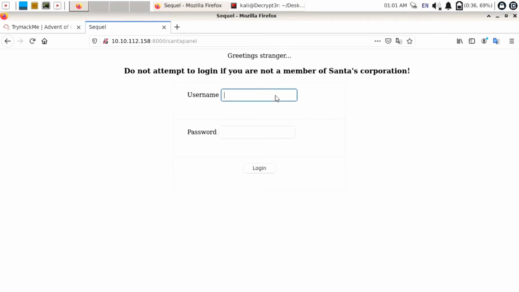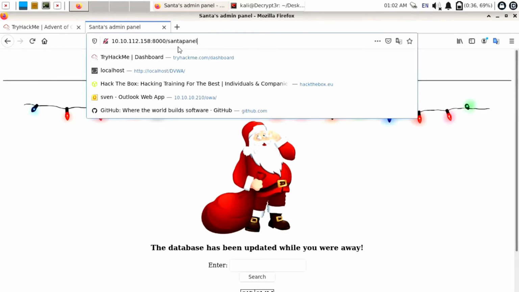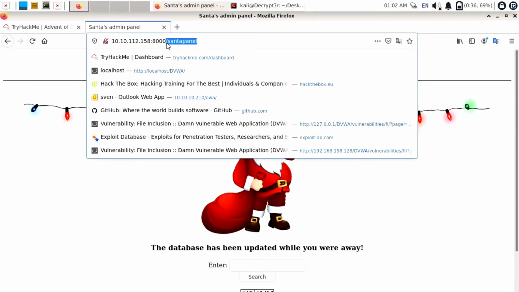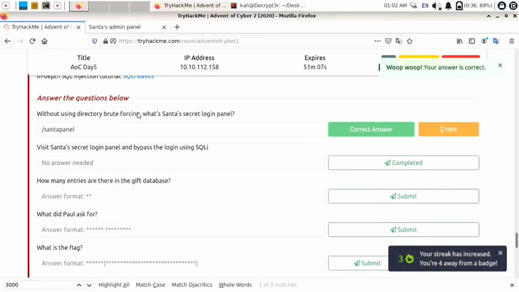this Santa machine. Now in username, I will try to bypass this filter by using a command we performed on port 3000. So I will use a single quote, then or 1 is equal to 1, and enter anything into the password. Click on login, and here you can see we have successfully bypassed this login credential. Our query was stabilized here. That's why we have successfully bypassed this. Now copy the Santa panel URL and paste it into the first answer, and it is correct.